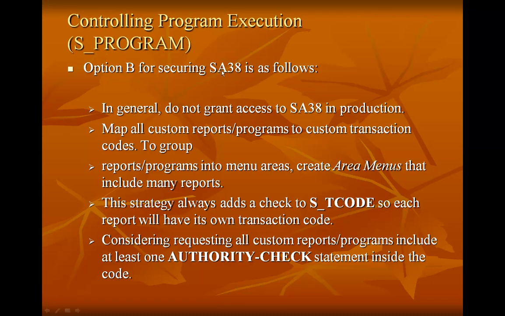So in short, to summarize, to execute programs, you need at least access to transaction SA38, which auditors consider to be critical, and the execution of the programs is controlled by the object S_PROGRAM. S_PROGRAM has two fields in it. One is the user action, the other is the authorization group. So whatever value you specify in the authorization group field, the users can execute the programs from that group, plus the programs that are not assigned to any group.